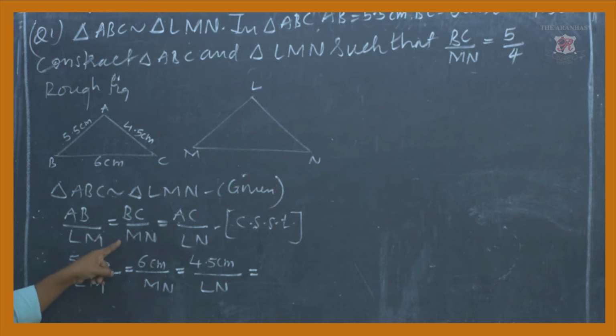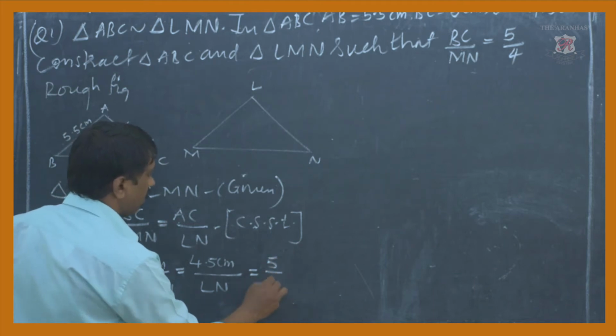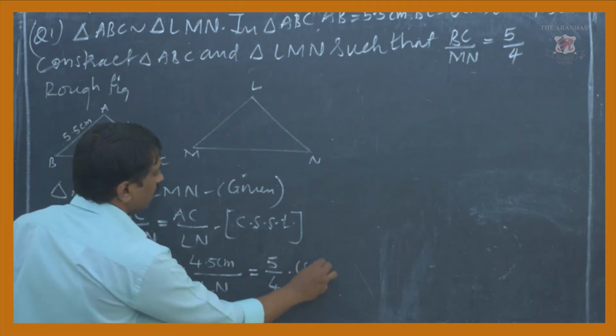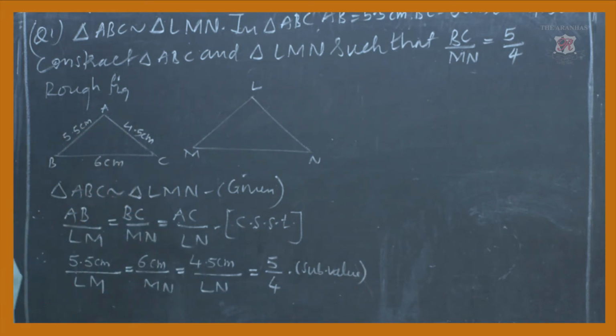And then afterwards we are going to write the corresponding sides ratio. BC upon MN, this is the corresponding side, the ratio is given 5:4 or 5 upon 4. So here we will write 5 upon 4. Right here, what we did simply was substitute the values in the 3 corresponding sides with their ratio. Now simply do the cross multiplication for each.